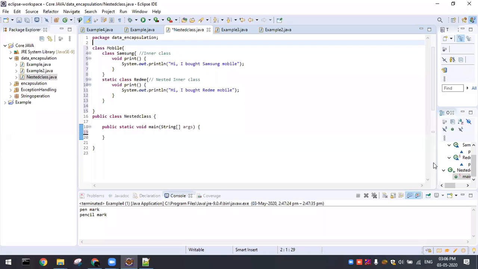You guys know how to take a method and member attributes inside a class. Now here the member is also a class. In this case, how to access it? Let me go first with class Samsung. For this class Samsung, I need an outer class. What is my outer class? The outer class is Mobile. So Mobile m equal to new Mobile, the outer class object. If you want to call an inner class object, Samsung.